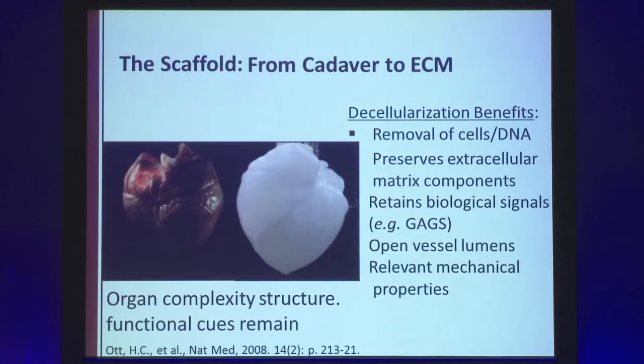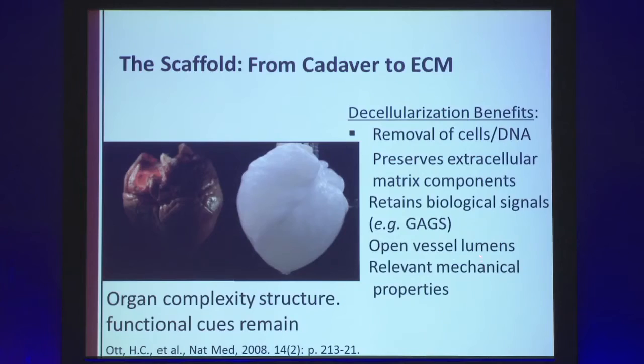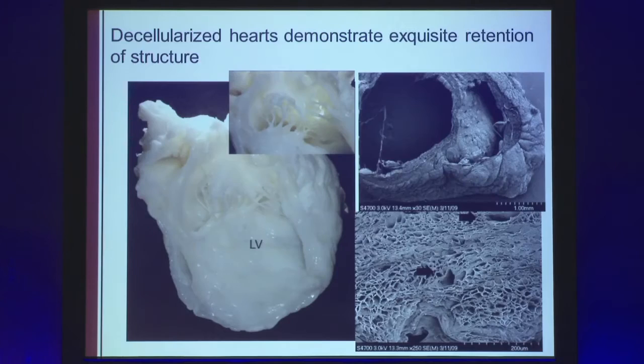And we published this a few years ago, and removal of the cells with detergent essentially gets rid of all cells and DNA, but preserves the extracellular matrix components. And I want to just point out that we retain a lot of biological signals, including glycosaminoglycans and some growth factors. And because we use the vasculature to deliver these detergents, we have open vessel lumens at the end of the period and relevant mechanical properties. And in addition, this is a decellularized pig heart. You can see we retain exquisite